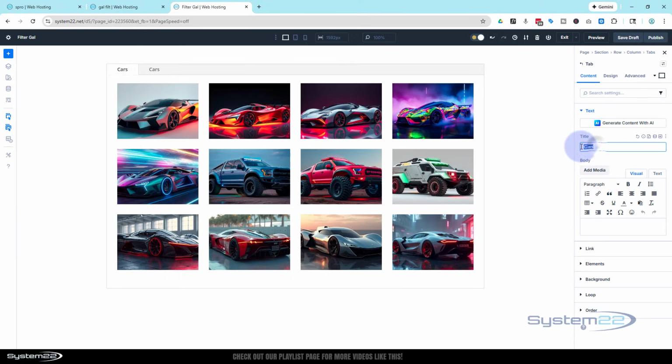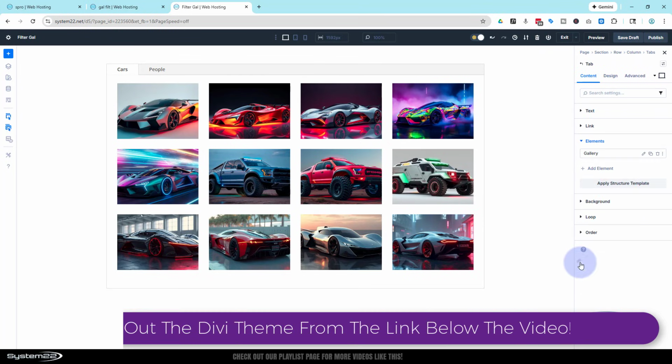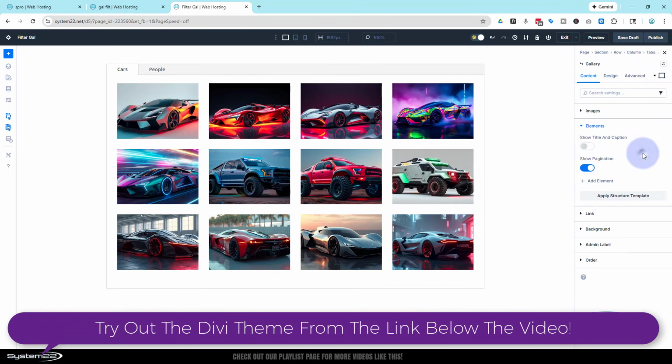And let's perhaps call this one people. I think that's what I used before. Again, it's got all the same things. We got rid of all that text in the first one and it's a copy, but we do need to update the gallery images. Now, because I've got only 12 in mine,